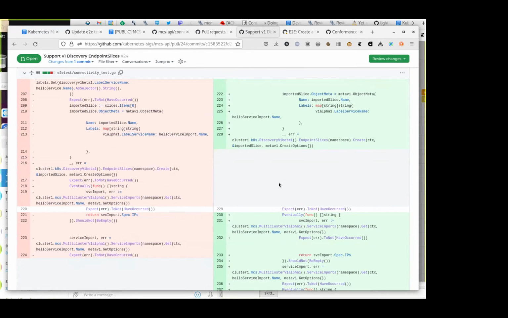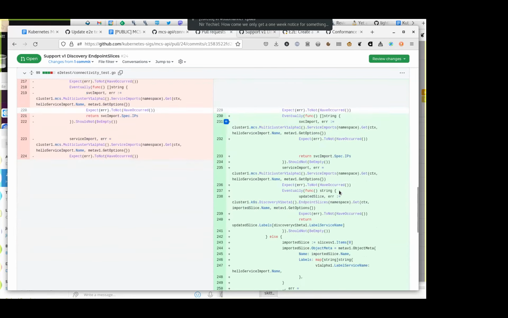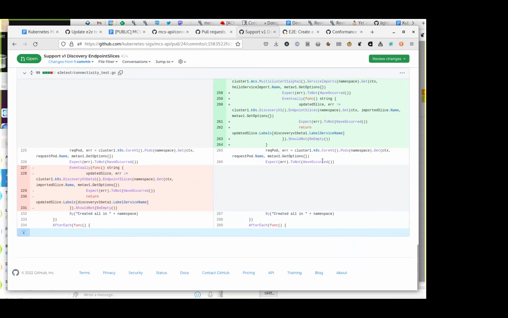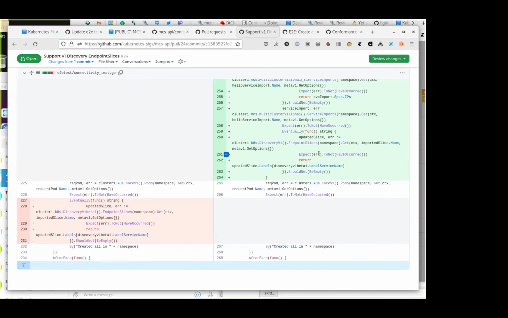For example, it queries the same pod several times, queries the endpoint slices several times, things like that. And this then at least allows the test to run against clusters that no longer have Discovery V1 Beta 1.